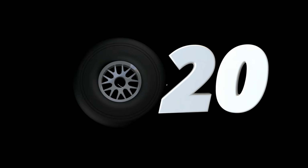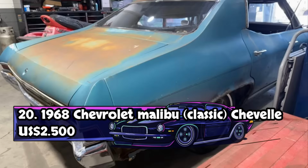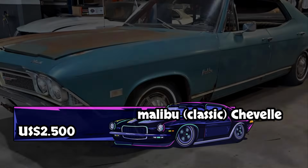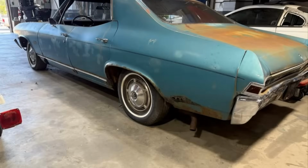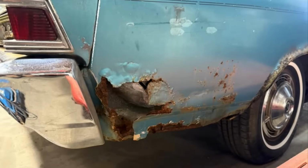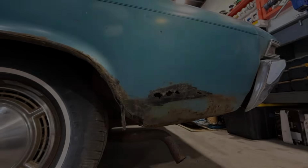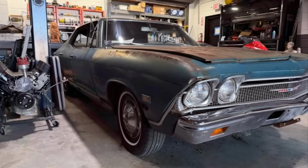Number 20. This 1968 Chevrolet Malibu Chevelle, priced at $2,500 and located in Freeport, New York, is a four-door sedan project car offering a base for restoration or part sourcing. Equipped with a straight six-engine and automatic transmission, it represents the more economical side of the Chevelle lineup from that era. While not a high-performance SS model or coupe, it still carries the classic styling cues of late 1960s Chevrolets,